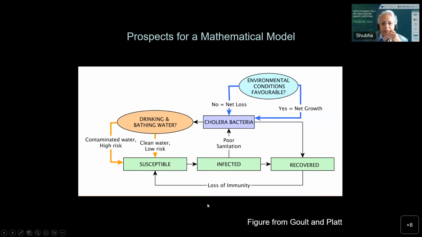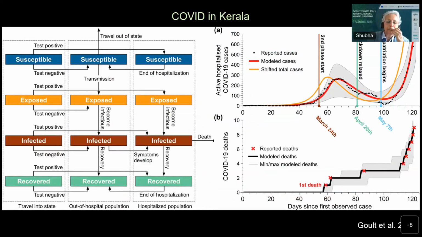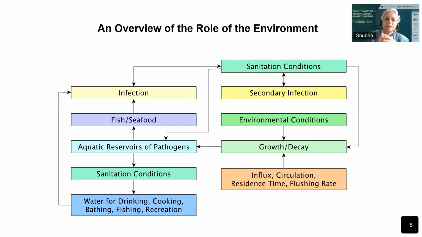We have tried our hand at these models, and we found that we could do something half decent with COVID in Kerala, because compared with cholera, COVID disease transmission is much more straightforward, with the predominant transmission route being from person to person. But we are still struggling with finding an effective predictive model for the role of waterborne disease such as Vibrio cholerae, something for some of you bright people to solve.